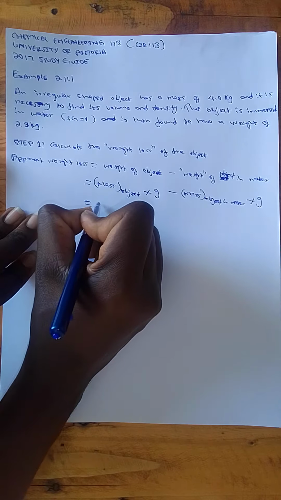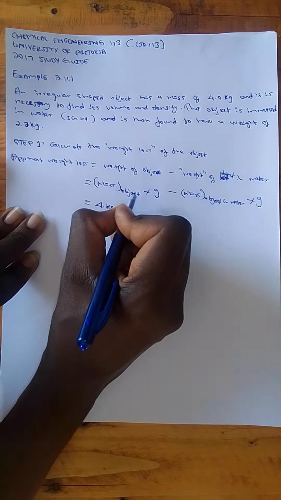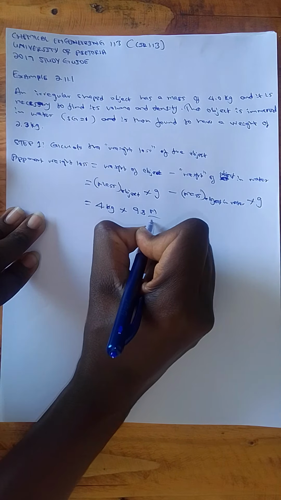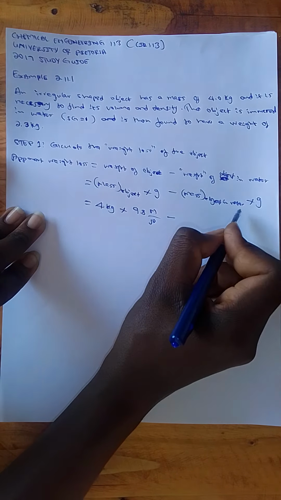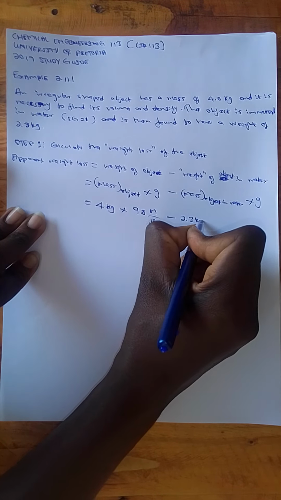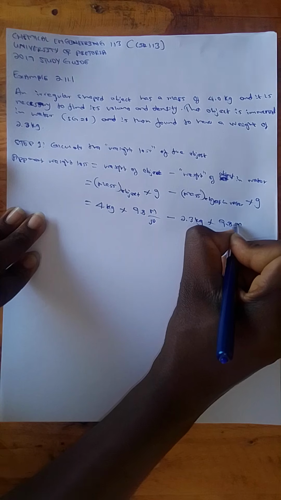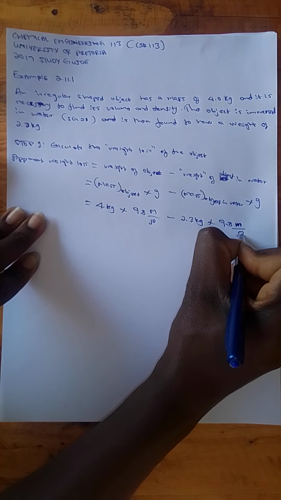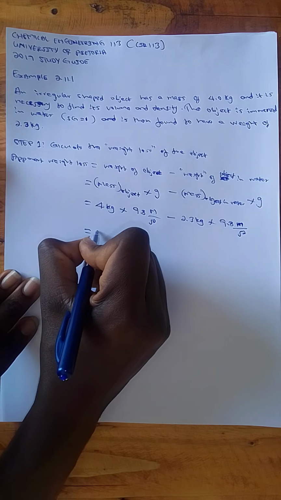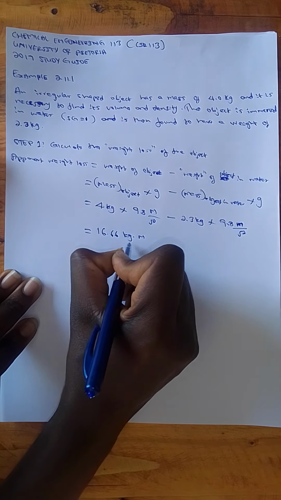Now we have 4 kilograms, because the original mass is 4 kilograms, multiplied by g, the gravitational constant, 9.8 meters per second squared, minus the object in water, 2.3 kilograms, also multiplied by g, 9.8 meters per second squared. If you do the calculation, you arrive at 16.66 kilograms meters